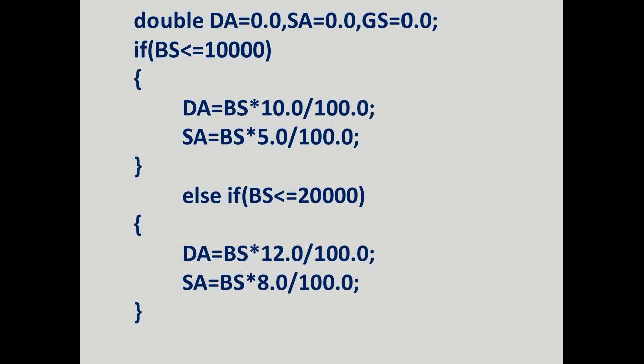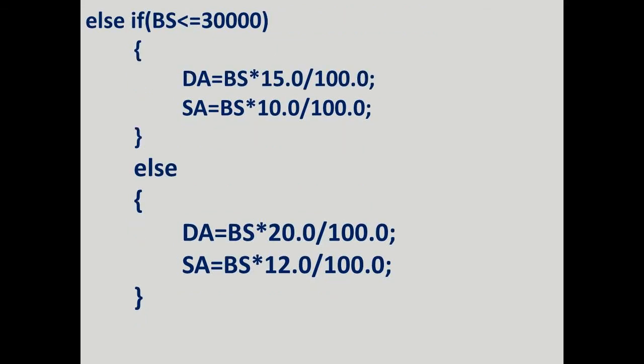How can you give it? Else if, within brackets, BS less than or equal to 30,000, and open the curly bracket. Calculate DA as BS into 15.0 divided by 100.0. SA is equal to BS into 10.0 divided by 100.0. Then close the bracket. For the last condition, we always give only else, because we need not give the condition